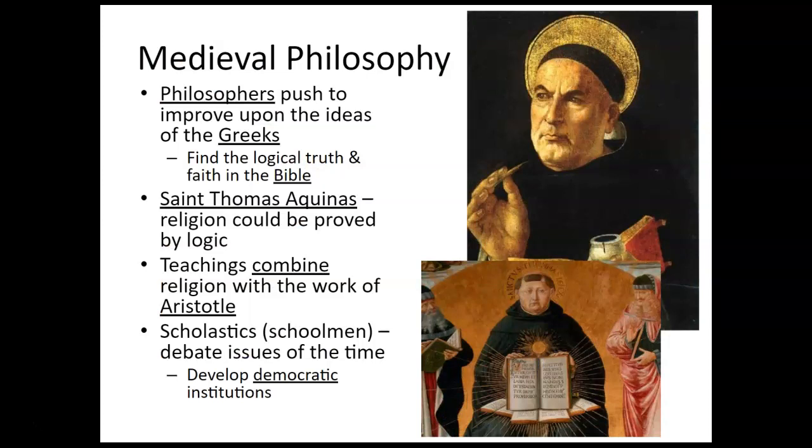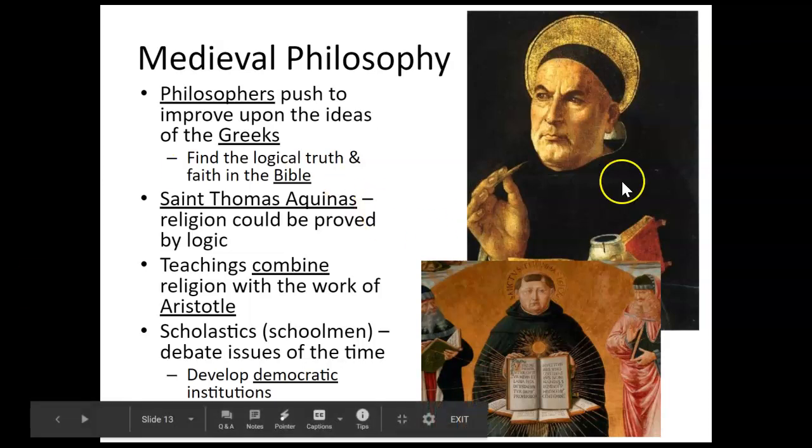We see a development in philosophy, mainly because of Western Europe having connections with the Byzantines and the Muslims. They have connections back specifically to the works of the ancient Greeks, and philosophy was a huge thing that was very important in Greek culture, like if you look at Plato or Socrates. You see the development and connection with medieval works where they take logic and truth of philosophical means, try to improve upon them and connect it with the faith of the Christian religion, specifically the teachings of the Bible. And St. Thomas Aquinas, who's at the top here,